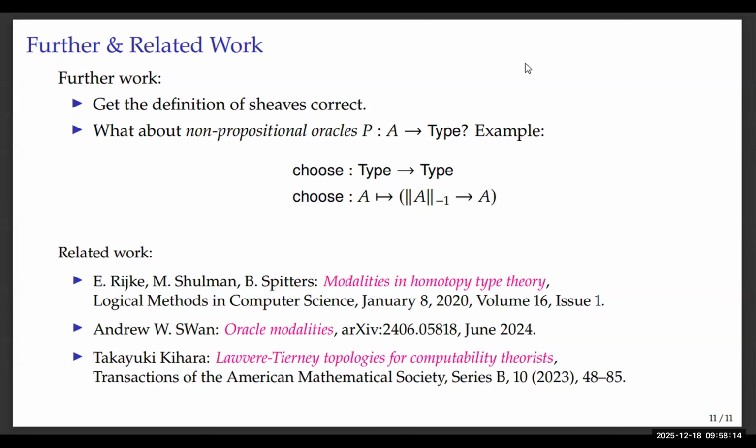So it's not an object in the topos. When you're working point free, this is quite a useful principle. You can use excluded middle